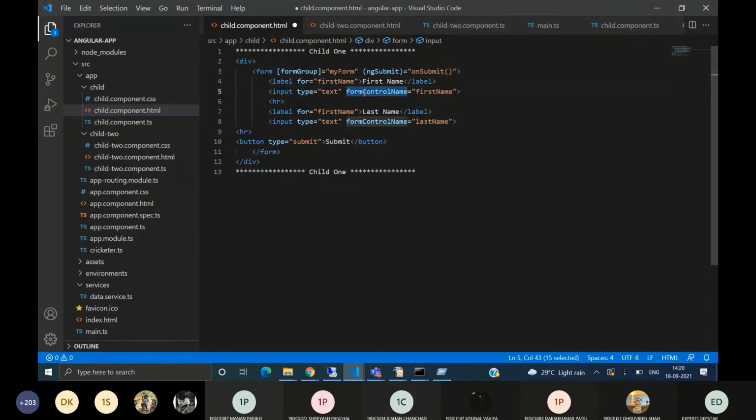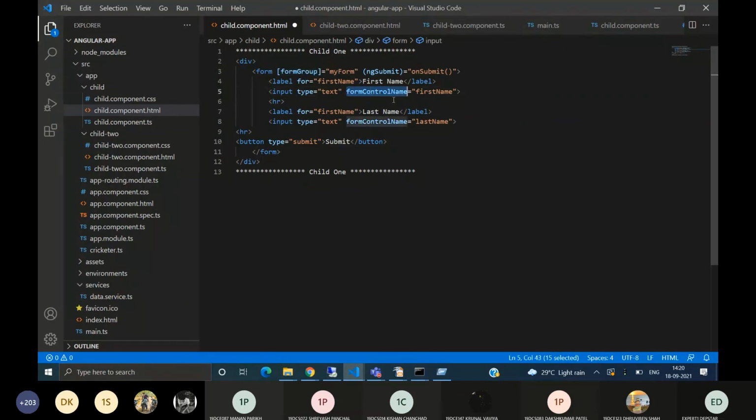As we have given here the formControlName. In template driven form, we used to write here ngModel, two-way binding, that we do through simple HTML form. In reactive form, we use the reactive forms module, because we have features like form group and all, which make our work easier.